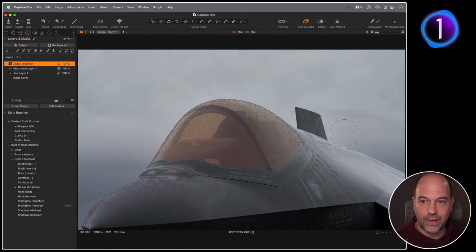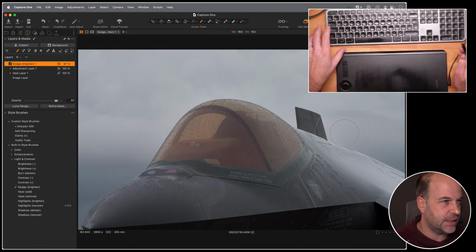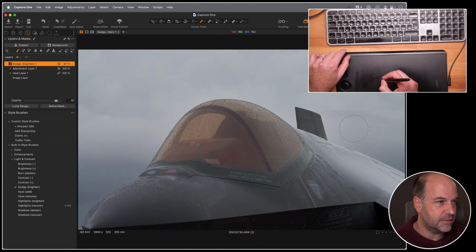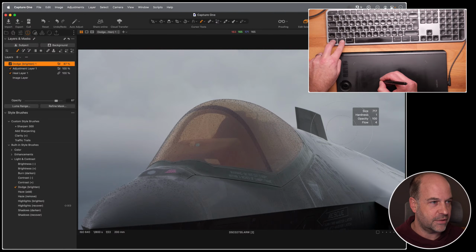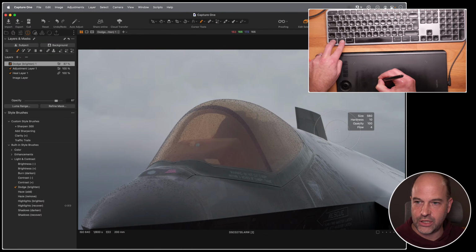Now to adjust your brush quickly, because we're all about working efficiently these days, with your brush here, now this is going to look a bit jerky on the live transmission. The streaming software does not like how the cursor behaves in this particular fact and seems to have trouble showing it smoothly. No idea why. But if you're on a Mac, PC we'll come to in a second, Control Option, drag left and drag right to make the brush bigger and smaller. Go up and down to change the hardness, whether you want that to be softer or harder like so. So left and right to change the size, up and down to change the hardness.